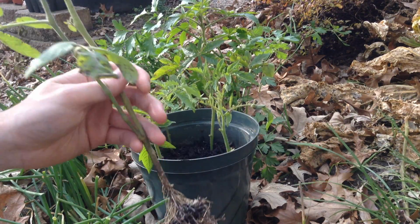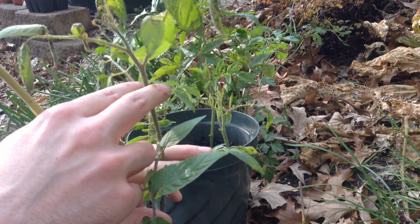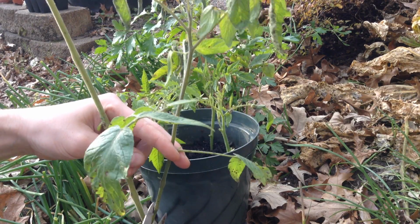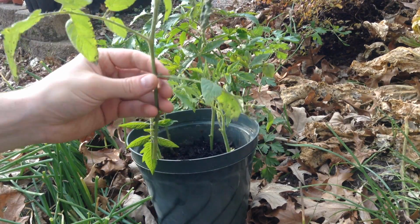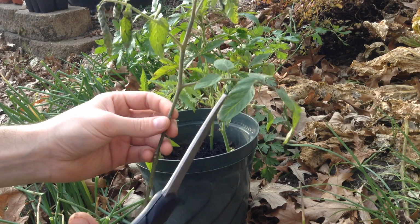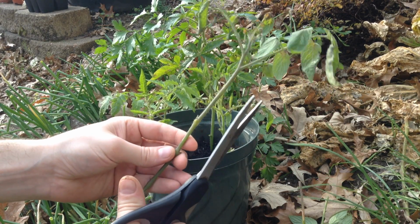But I've uprooted my last couple volunteer tomatoes, and those are the only ones that really survived. They didn't produce much over summer, but they did last a really long time. So to take a cutting, you can actually just use your fingernails, but to be really precise, you can use your scissors, and you want to cut back down to just a couple leaves,